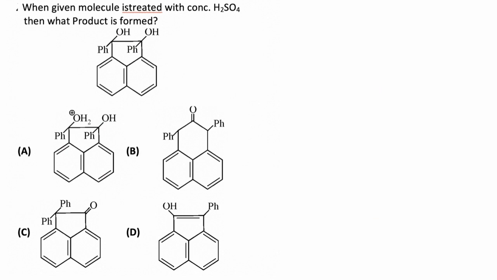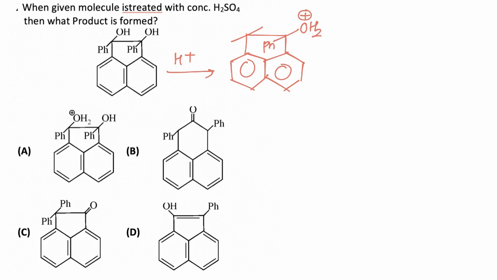In this question we have to find product of the reaction when this pinacol molecule is treated with concentrated H2SO4. So in presence of concentrated H2SO4, OH is protonated first. Now this will convert it to oxonium ion. Now both form same carbocation, so protonation can take place at any of the carbon. Now water molecule is released and form carbocation.